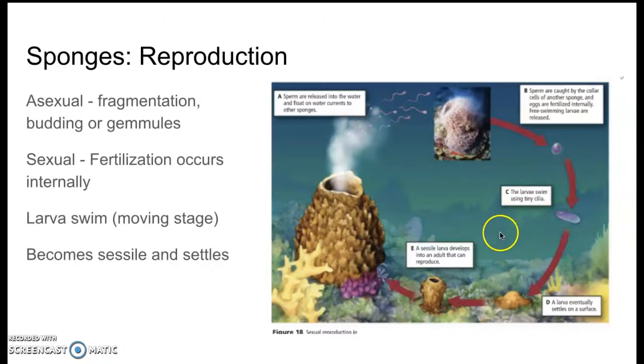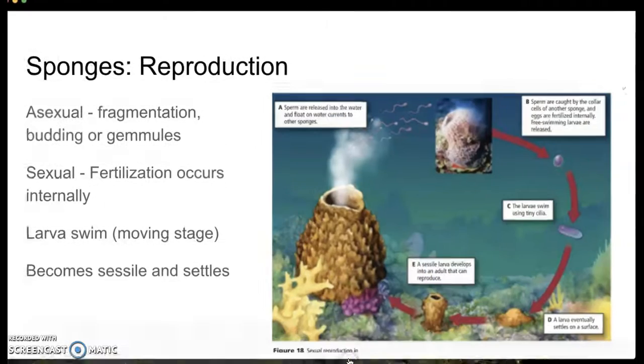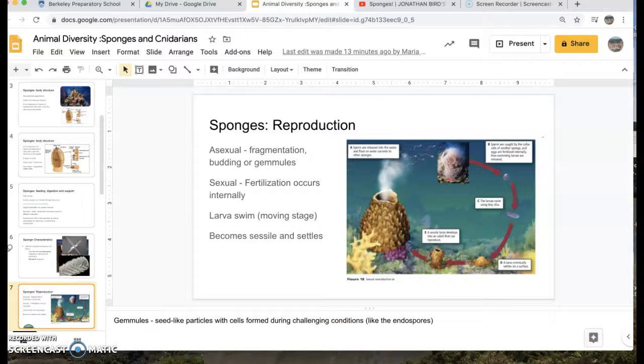So it swims for a few days. At some point it settles, and at this point it becomes what we call sessile. Sessile is when an organism does not move. So once it settles on the ocean floor, it will stay there and it will not travel anymore, and that's how the cycle works. So this is everything for sponges. We are going to go over